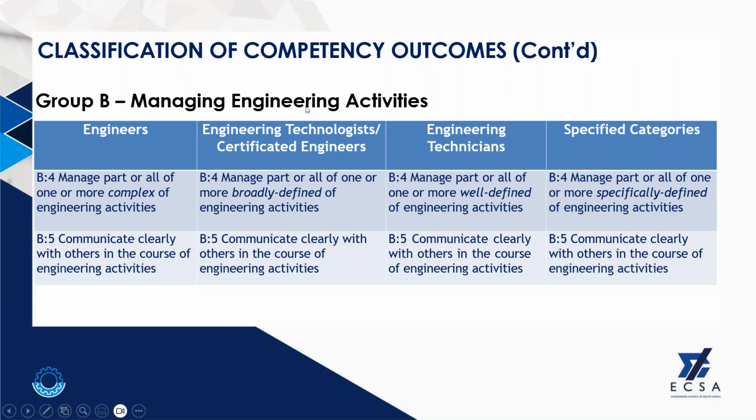Group B, managing engineering activities. We often refer to these as soft skills. Outcome number 4, according to the form for engineers: you are managing complex engineering activities. In terms of technologists, you are managing them at a broadly defined level, and then at a well-defined level for specifically defined engineering activities. So if you look into the form, you will realize that it says